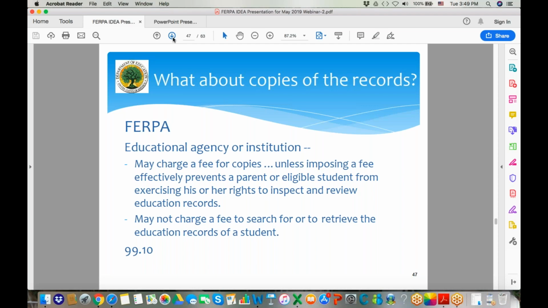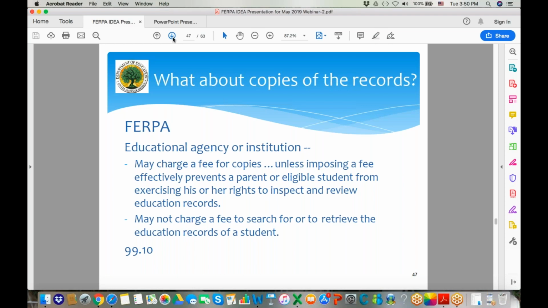If they do give copies, they may charge a fee for those copies unless it's some extraordinary amount that would in fact impose or inhibit the parent's ability to access the records because the fee is too imposing. And also, they can't charge a fee to search or retrieve those records. We have a very interesting letter on our website from a parent who requested access to information maintained in the SEA's database, and initially the response was that they would have to pay to have a coder come and write special code, and the amount was like $10,000 to get access to the records. So we interceded in that case, but not generally required to get copies under FERPA.